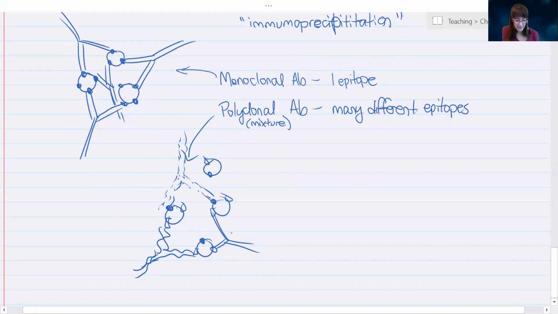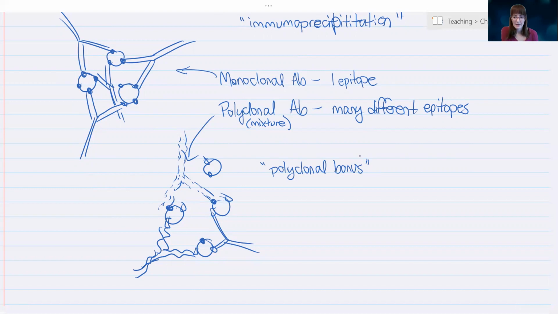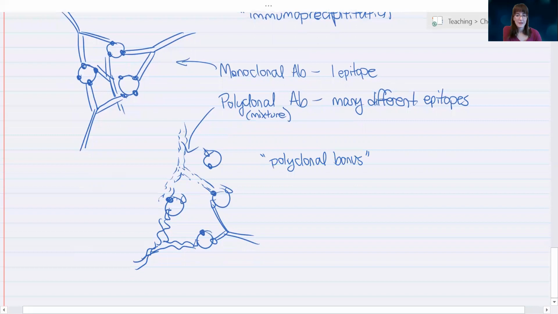Now this is a way that polyclonal antibodies, sometimes we call this a polyclonal bonus, are much more likely to be able to make these high avidity aggregates, because they can recognize multiple epitopes on the antigen and therefore can easily have this avidity effect. Okay. All right, so the last piece that I want to share with you today is something called the prozone